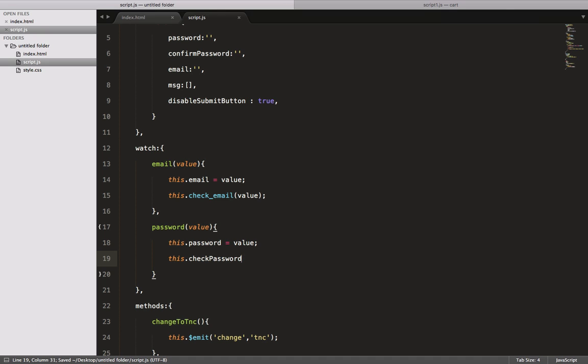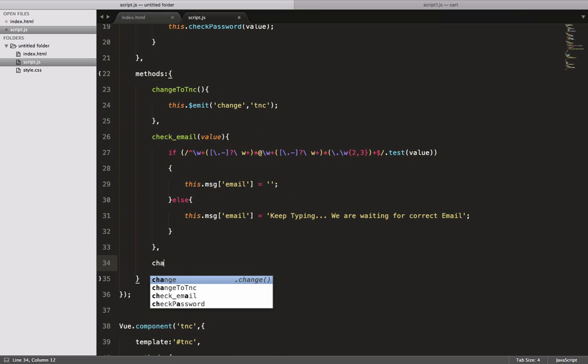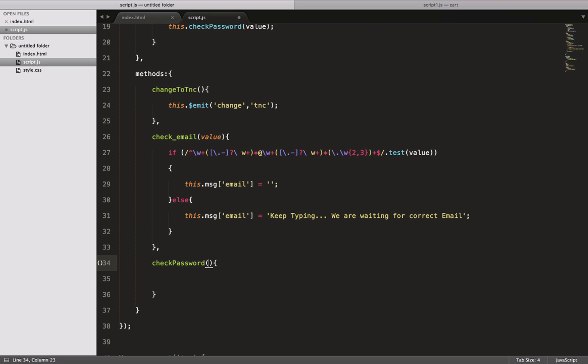Let's say check password only, and I will pass this value. We have to create that check password method. So check password is here, then it will get the value. Okay, and now we have to say if value.length is less than 6,